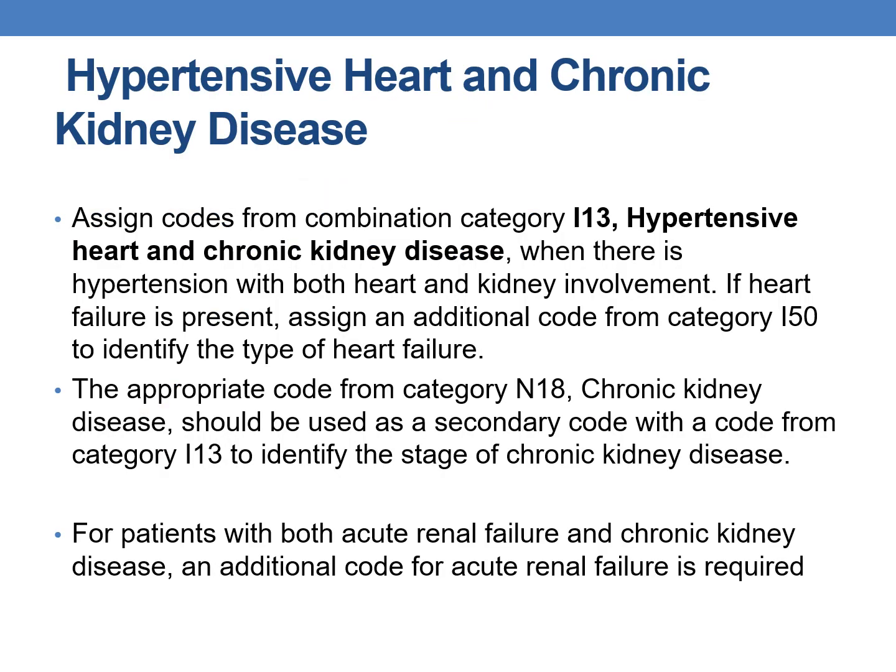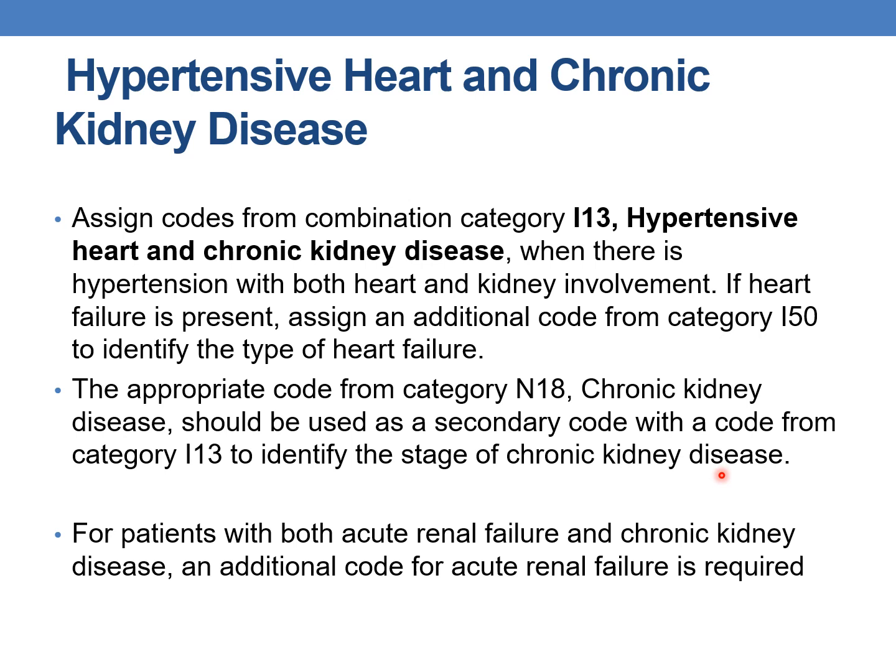Now coming to next scenario, hypertensive heart and chronic kidney disease. That is the patient will be suffering from hypertension along with heart condition and CKD. Assign codes from combination category I13, hypertensive heart and chronic kidney disease, when there is hypertension with both heart and kidney involvement. If heart failure is present, assign an additional code from the category I50 to identify the type of heart failure. And the appropriate code from category N18, chronic kidney disease, should also be used as secondary code with a code from category I13 to identify the